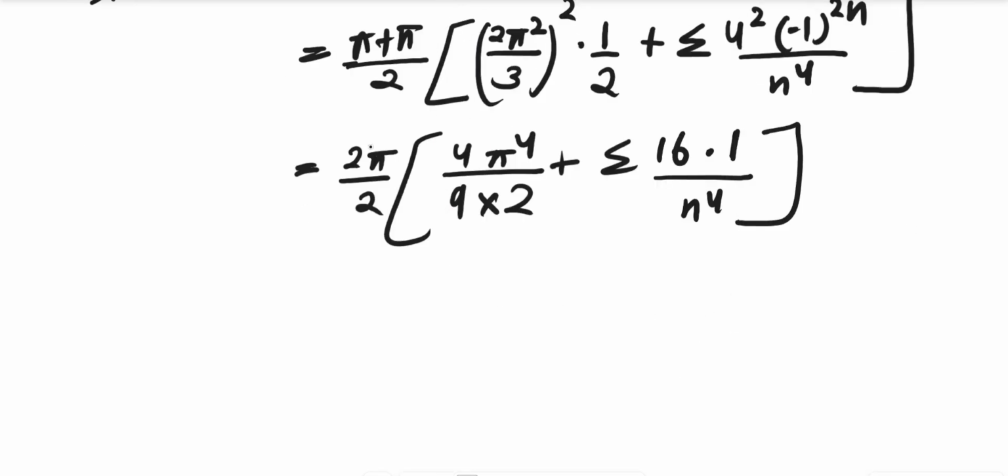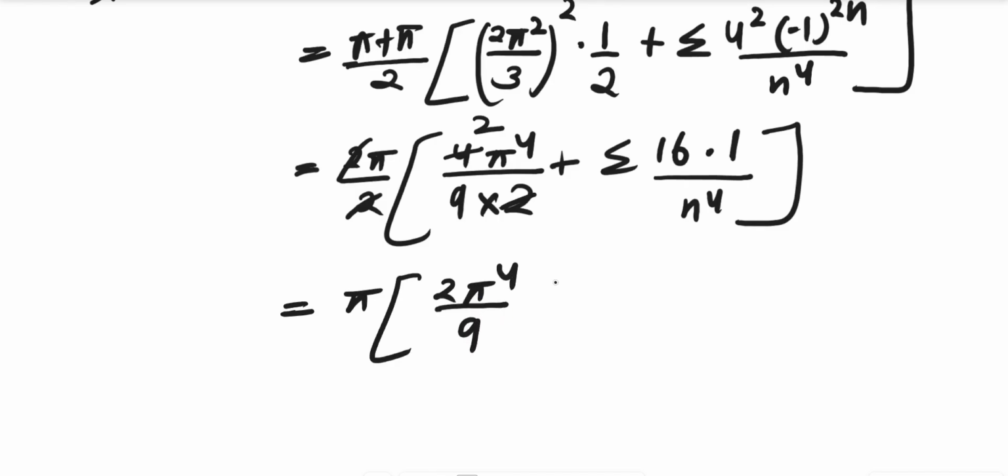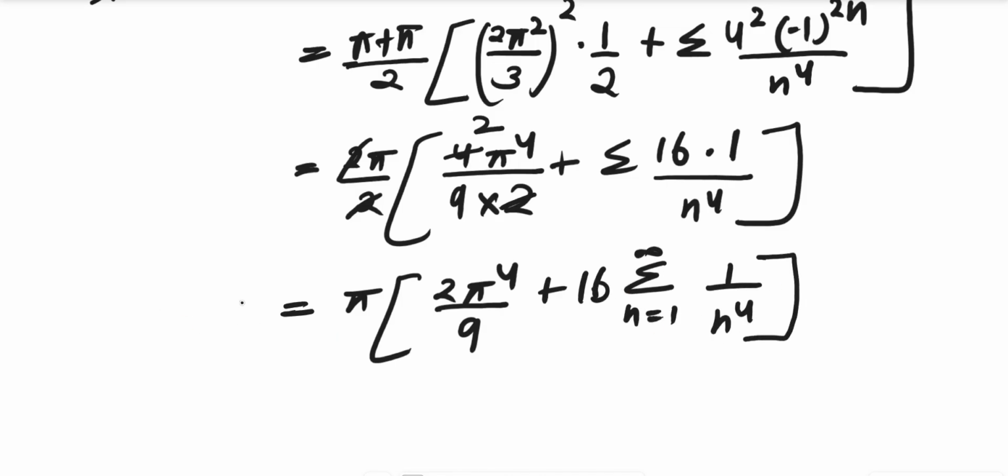Now in this, 2 cancels with 2 and it is 2 to the 4, remaining is pi in bracket 2 pi raised to the power 4 divided by 9 plus 16 summation n from 1 to infinity 1 upon n raised to the power 4, and here fx was